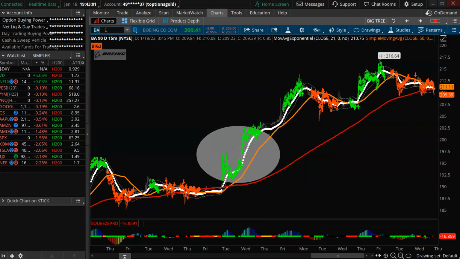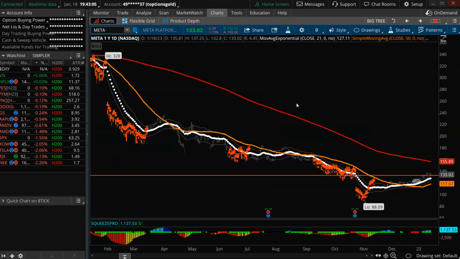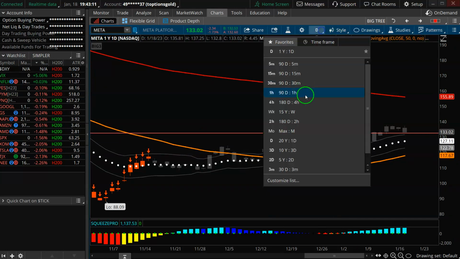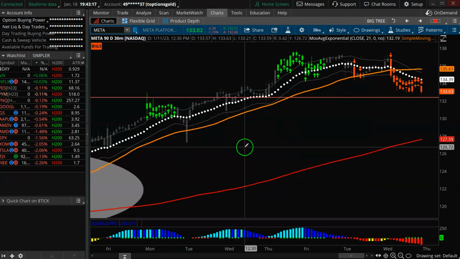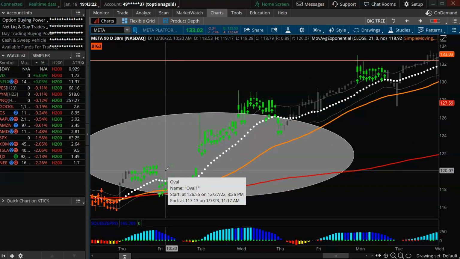All kinds of pretty buy signals. Okay, what about Meta? Facebook. Long on top of the daily 21. But it's the 1 hour buy signal. It's the 30-minute buy signal. All right, it's all these buy signals on the lower time frames that actually trigger that push off of that